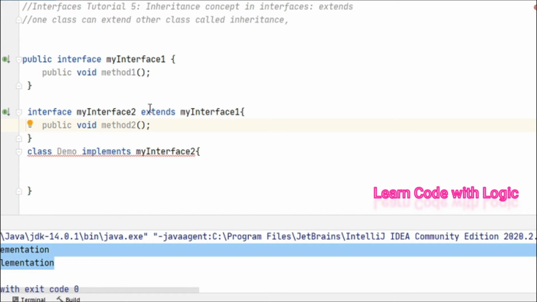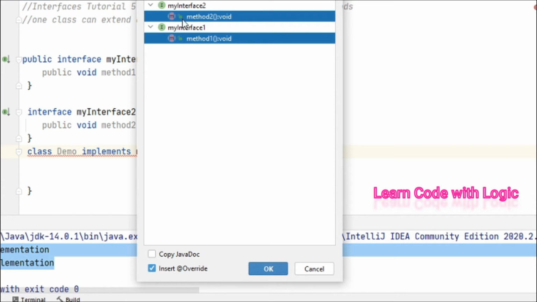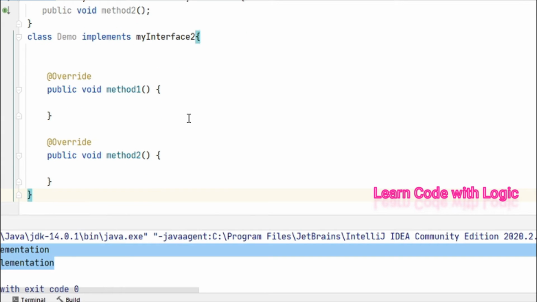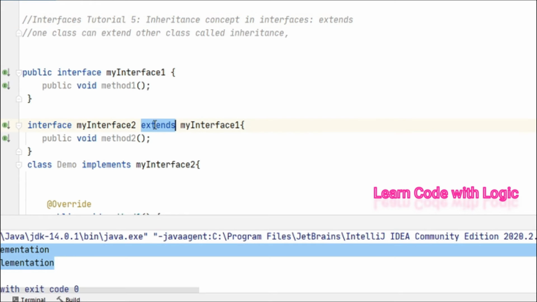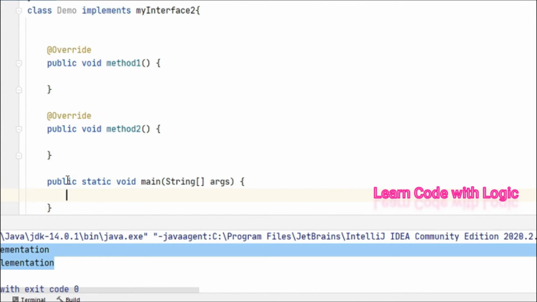The advantage of using this inheritance concept in interfaces is that you can extend or implement only one interface, but you can access all the interfaces' methods. Just like that, at one time you can access all the interface methods, but make sure you extend that one. And the remaining stuff is the same, there is no difference.